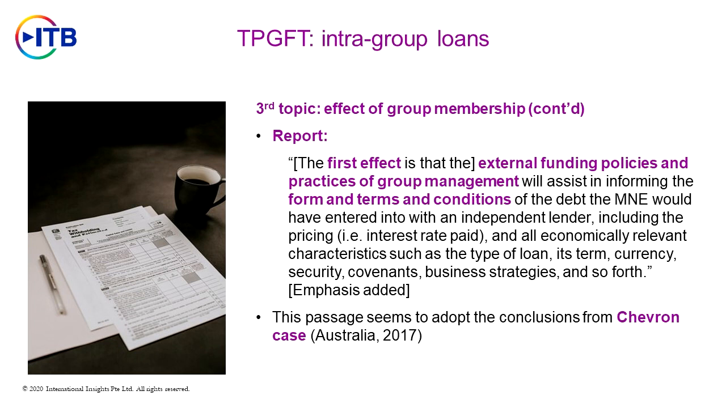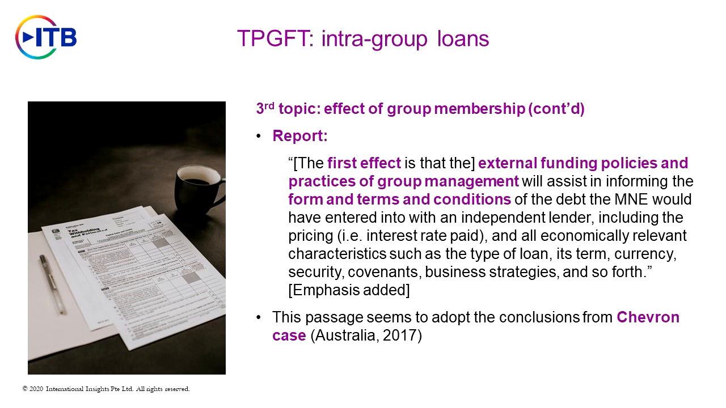conditions of the debt the MNE would have entered into with an independent lender, including the pricing, that is, interest rate paid, and all economically relevant characteristics, such as the type of loan, its term, currency, security, covenants, business strategies, and so forth. Although it's not mentioned by name, this passage seems to adopt the conclusions from the Chevron case